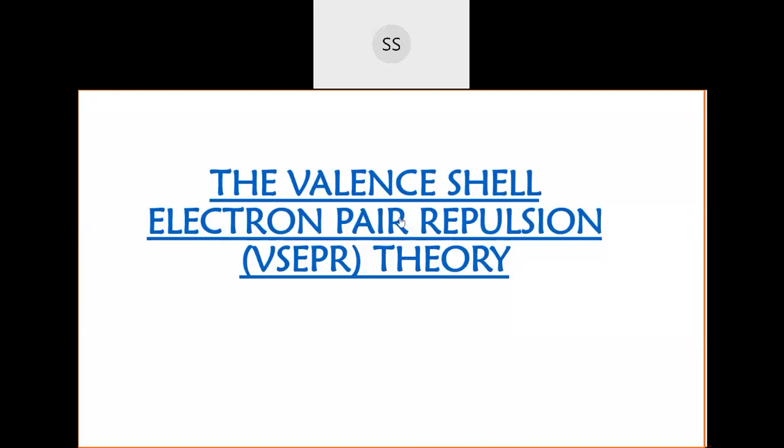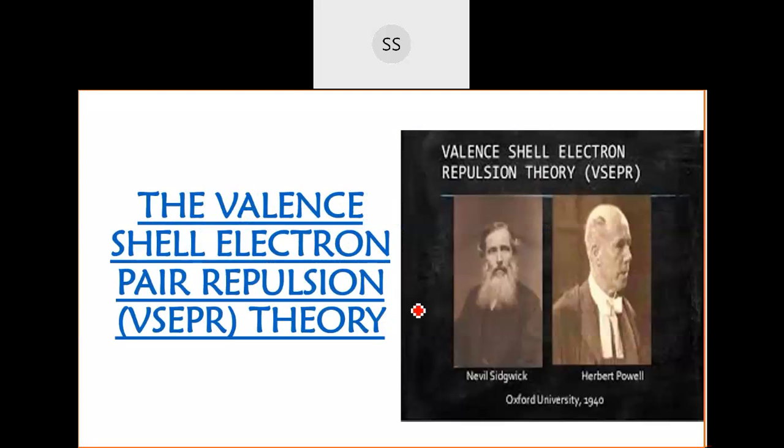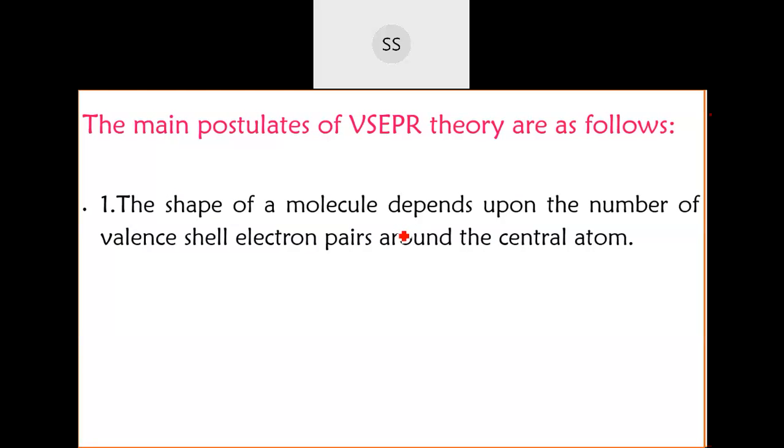Last class we were talking about a new theory, valence shell electron pair repulsion theory, also called VSEPR theory. V for valence, shell electron pair repulsion theory. Just to revise what you studied in the last class: this theory came forward because using the Lewis structure, we could not get the shape of any molecule. The shape could not be explained. So explaining the shape was done by this particular theory. And you have seen the postulates of this theory.